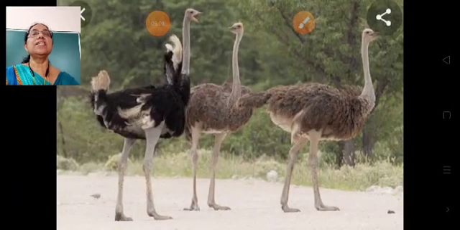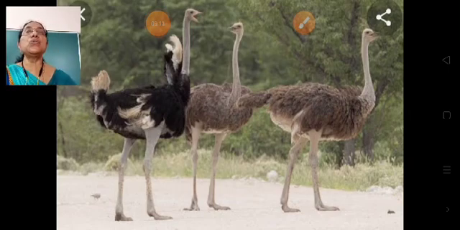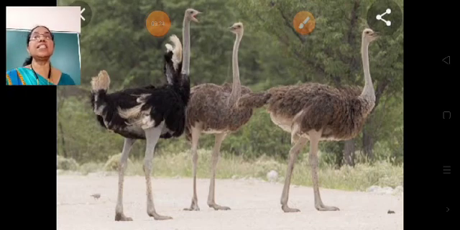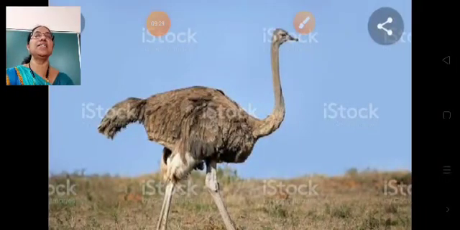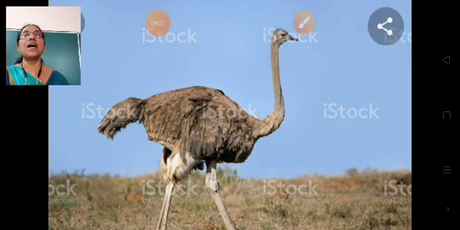Okay students, this is the image of the ostrich bird. The ostrich is the largest and the heaviest living bird.